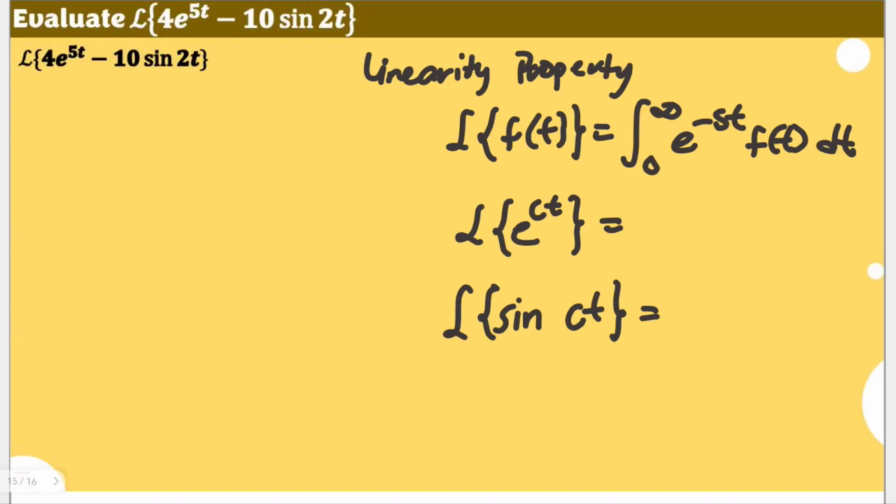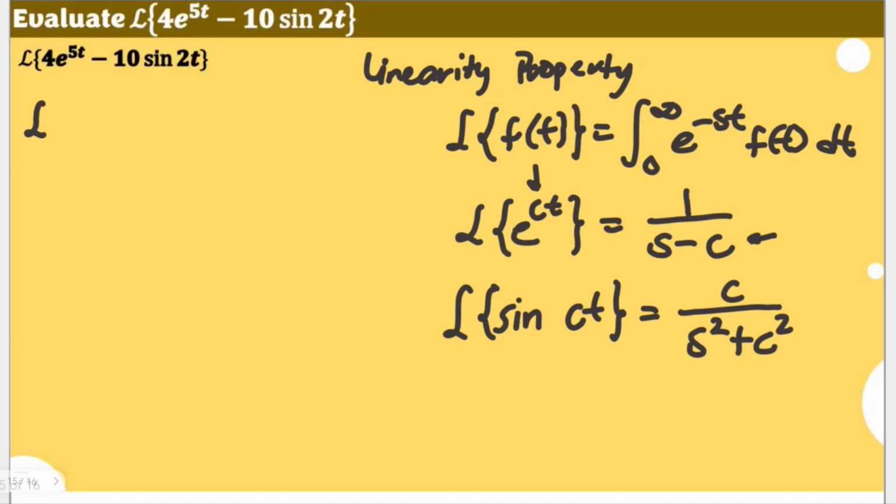The Laplace transform of e raised to ct is equal to 1 over s minus c, whatever the c is. For sine ct, it is just equal to c over s squared plus c squared. If you're not yet convinced of this, you can always return and review the examples presented previously for the result of this. We're talking about this because as we look into the Laplace transform of 4e raised to the 5t minus 10 sine 2t,